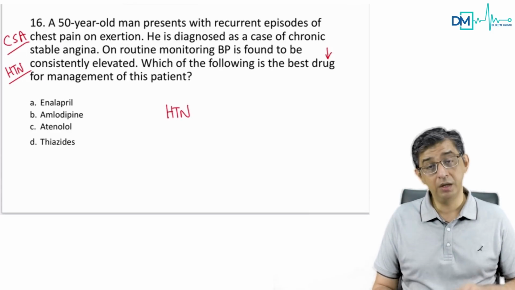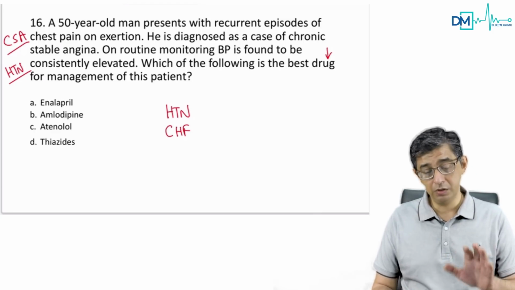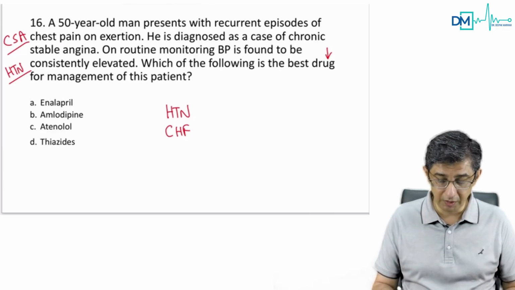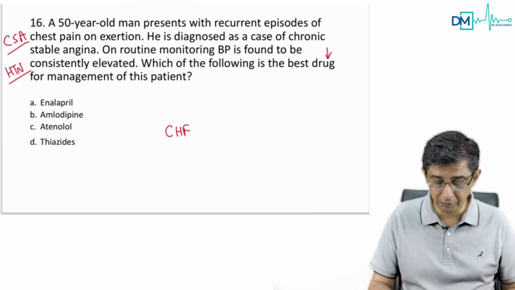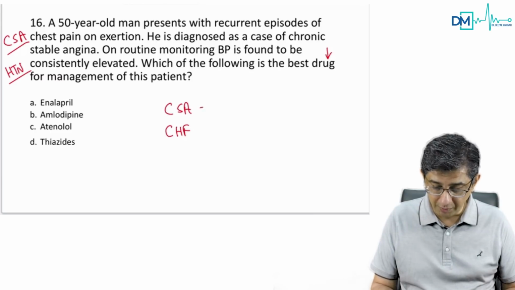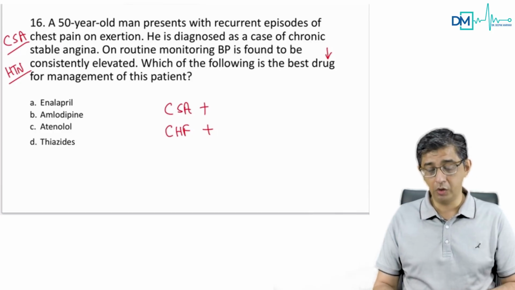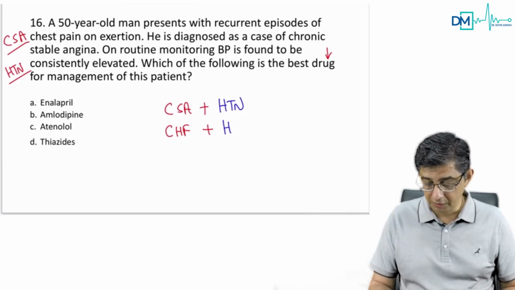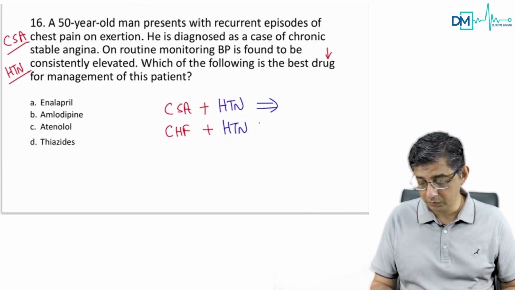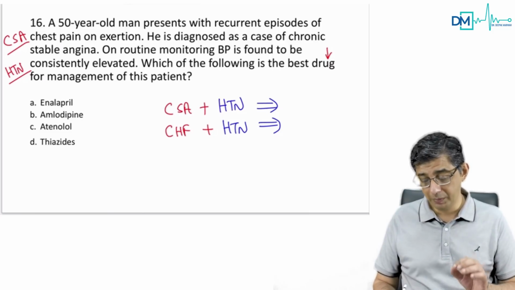In fact, pharmacologist has discussed one MCQ on congestive heart failure also. So I just want to highlight the fact that when you are having a combination of, in fact, I'll write it like this. Listen to my words very carefully. Even if you have come here just by chance listening to this video, I want you to pay attention. In a patient of chronic stable angina with hypertension, in a congestive heart failure patient with hypertension, in both of the scenarios, the mortality reducing drug that you would be using would be as follows.